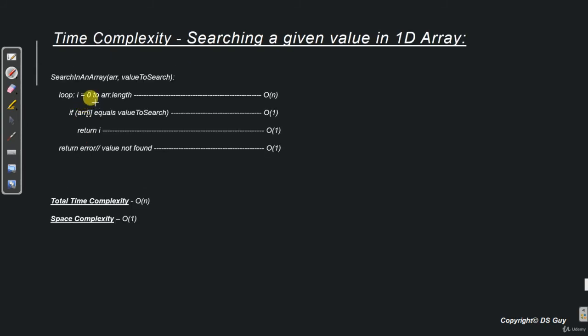So when the control goes into this method, it initiates a loop which starts from 0 and ends at the length of the array. And what is the length of the array? It is n. Hence, we see that every time the loop has to run from 0 to n. Hence, the time complexity is order of n. Now you might ask that if we are looking for a value and the value is the first cell in the array itself, in that case the loop need not run till the end of the array. It can stop at the first cell itself. In that case, should not this be order of 1?